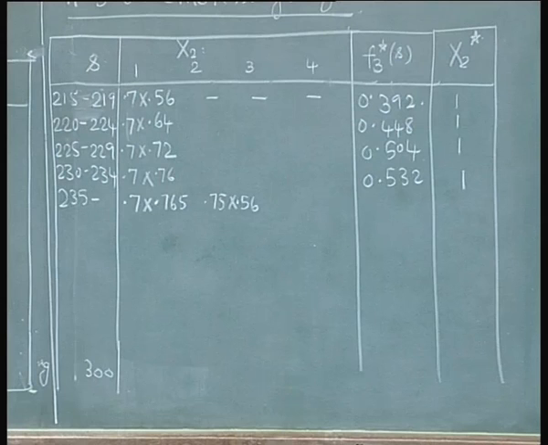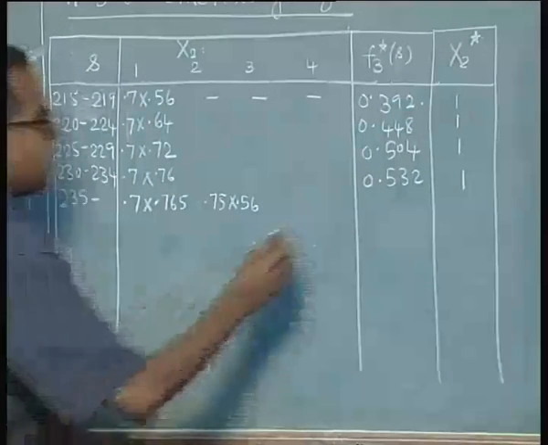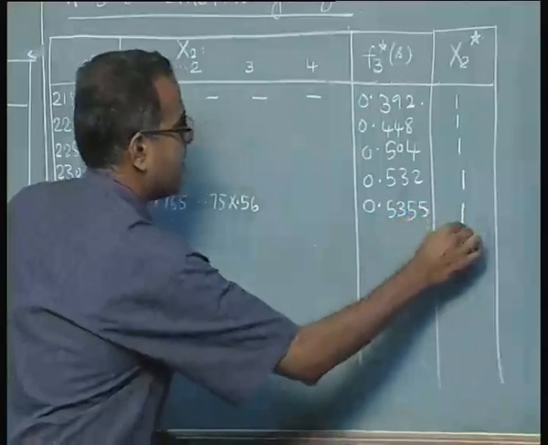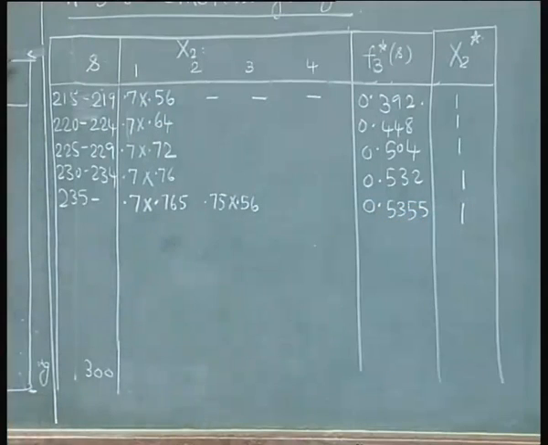We get 0.5355 and go back to 1. So like this we have to complete this table. This is a fairly lengthy table. So this would be valid for the range 235 to 239,